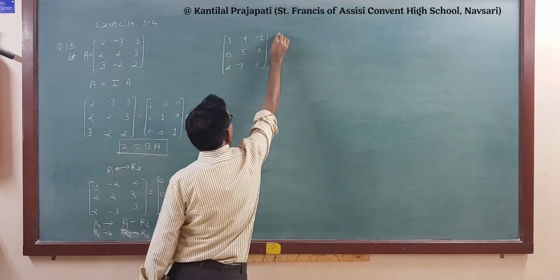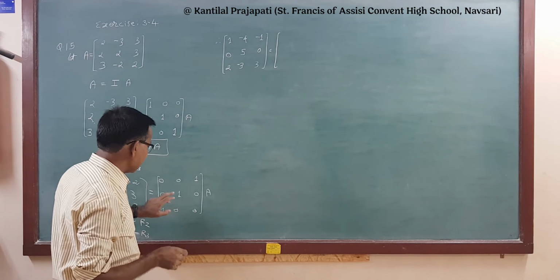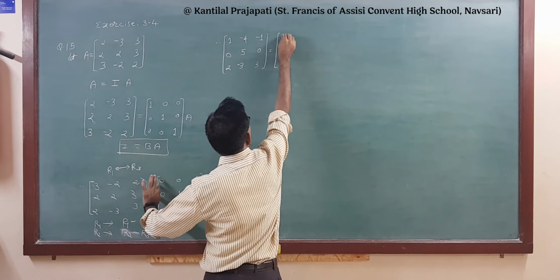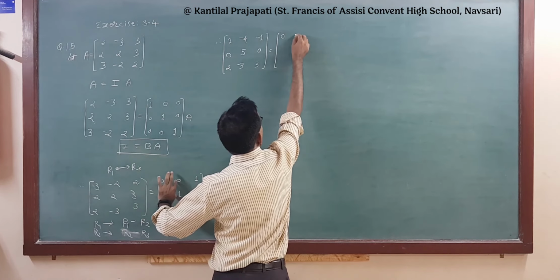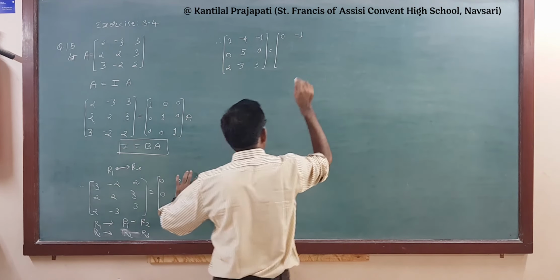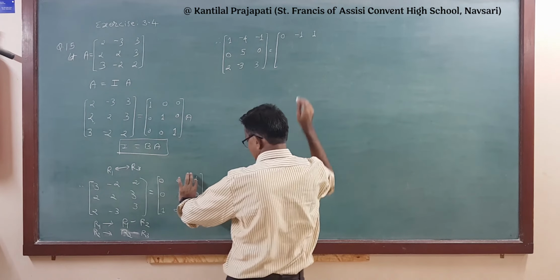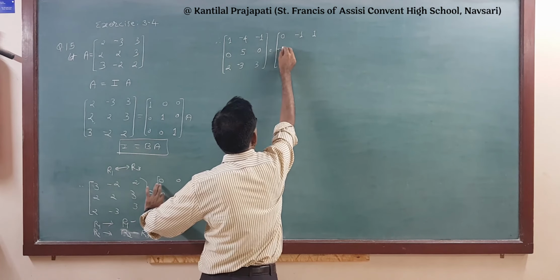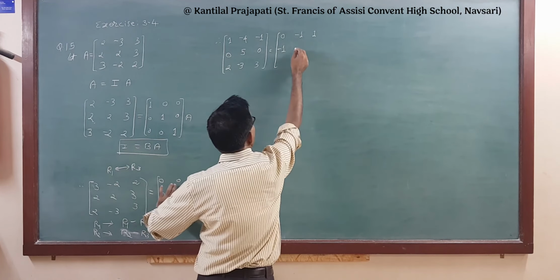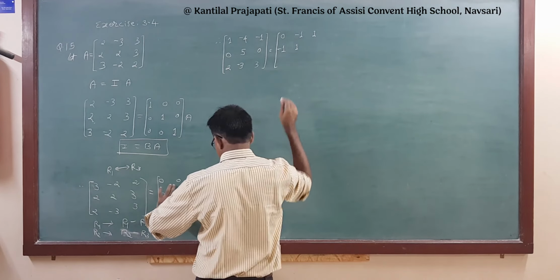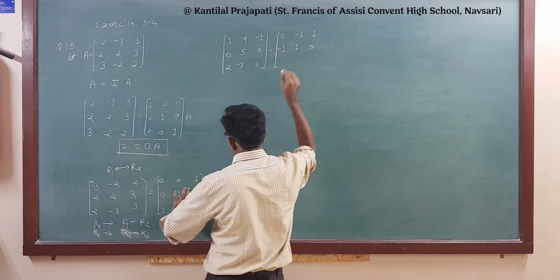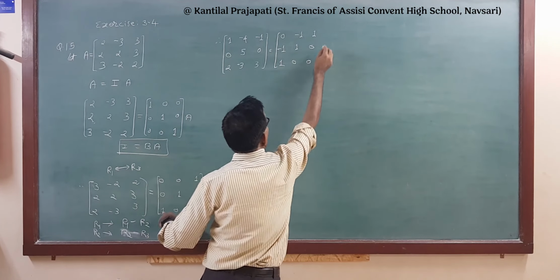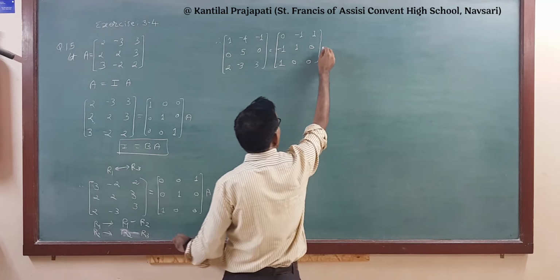So the same will be applied on this matrix also. So what is R1 minus R2? Here 0 minus 0 is 0. Then 0 minus 1 is minus 1. Then 1 minus 0 is 1. Right? Again 0 minus 1. R2 minus R3. 0 minus 1. Then 1 minus 0 is 1. And 0 minus 0 is 0. The last row is as it is. So 1, 0, 0, into A.